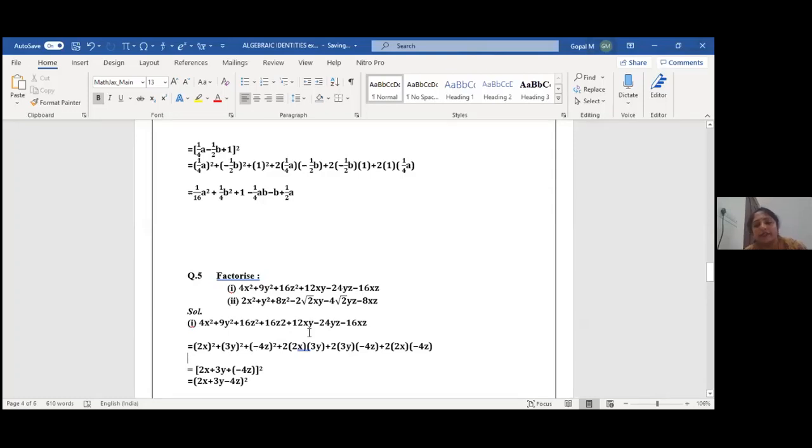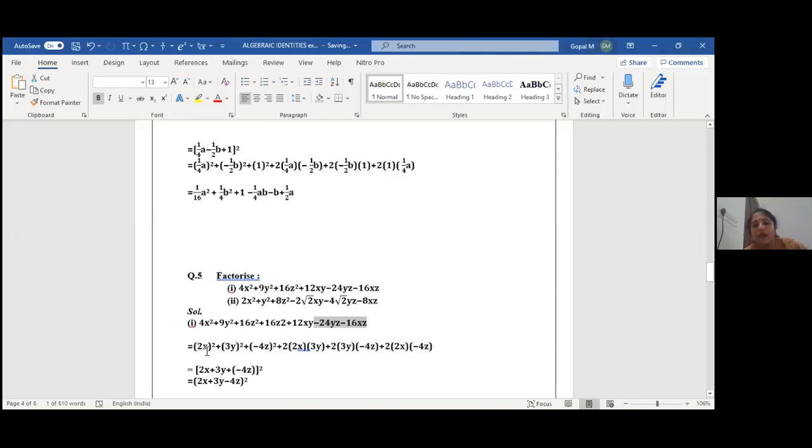Ma'am, you just exchange the signs, no, ma'am? I did not exchange the sign, Shamgagan. Here you see the last two terms. Here I need to find out, as the last negative has come. Once you see that the expansion has negative terms, you should think either A or B or C is negative. So to find which one is negative, see the last two terms are negative. Which variable is common here? Z is common. So since Z is common here, I think C value is negative. Am I clear now? Yes, ma'am.